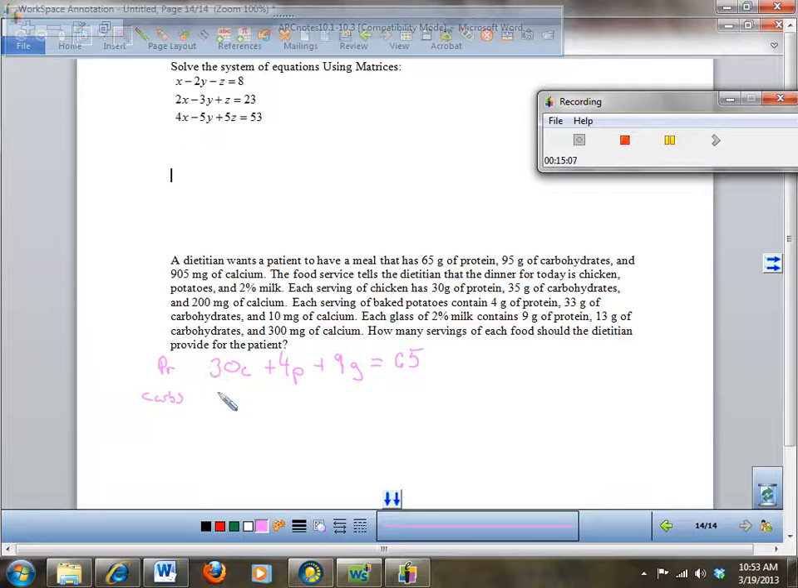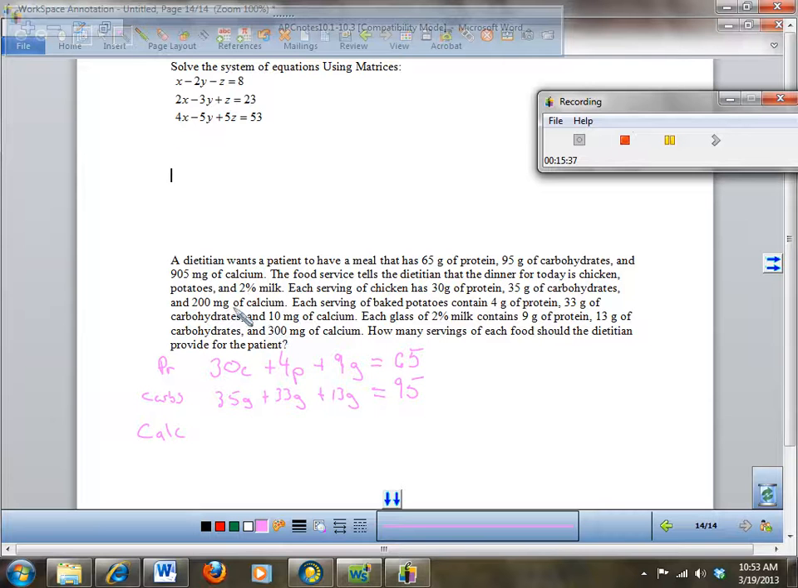Chicken has 35 grams of carbohydrates. Baked potatoes have a lot of carbohydrates. Ooh, less than chicken. Look at that, 33 grams. And each glass of milk has 13 grams of carbohydrates, and your carbohydrates have to add up to 95 grams altogether. Okay? And then for your calcium equation,